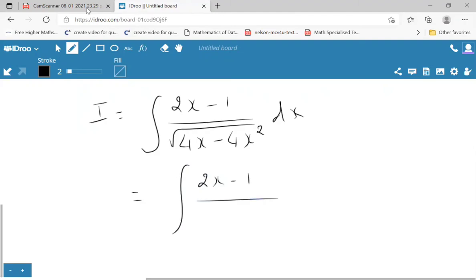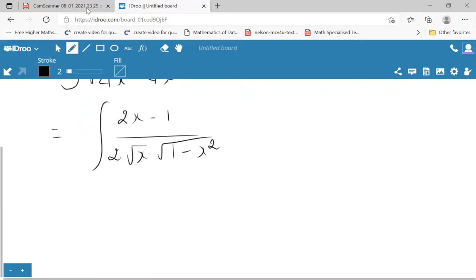Square root of 4 will become 2 root x into root of 1 minus x. All right. So now I can separate this as integration of, now here what I can do is, I can take